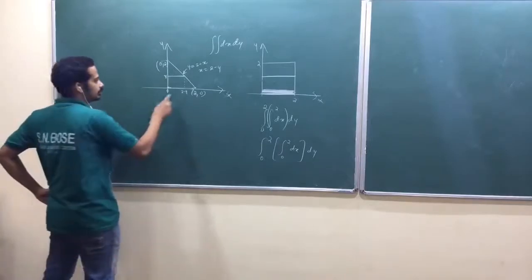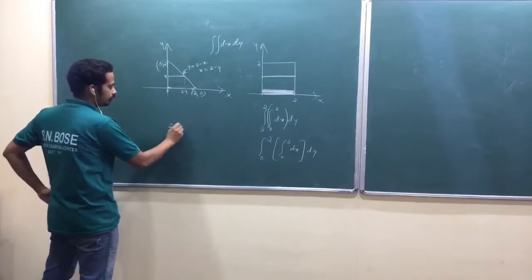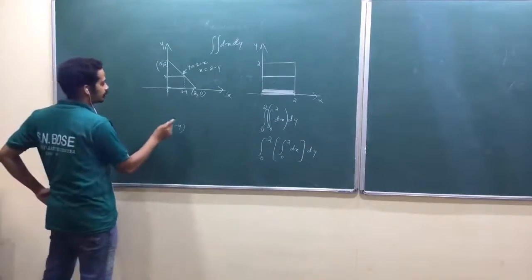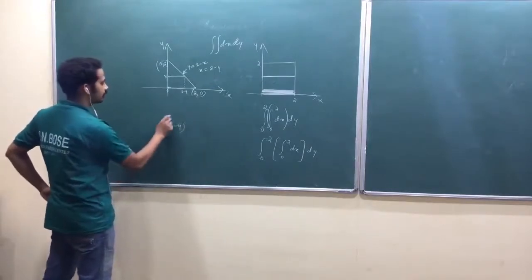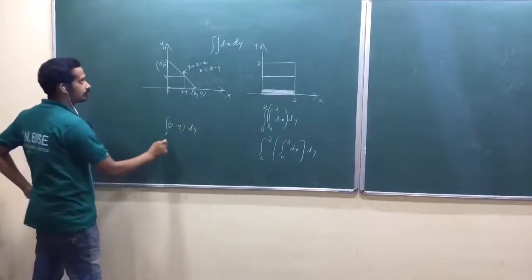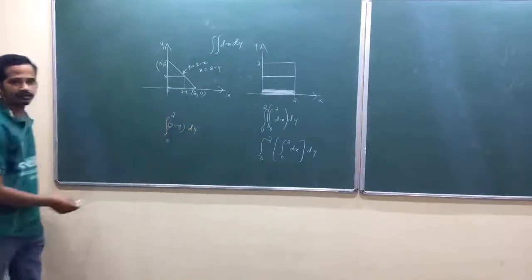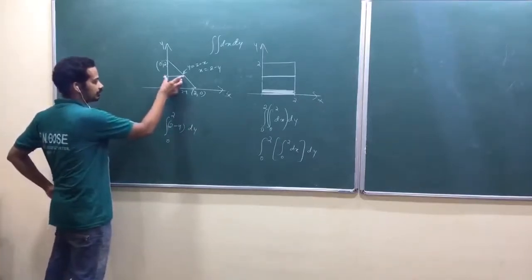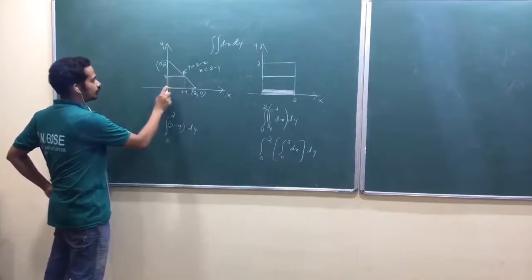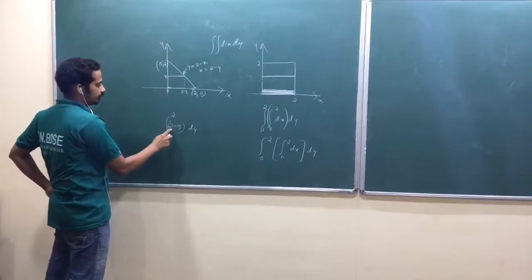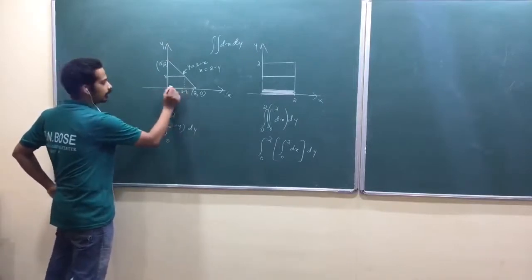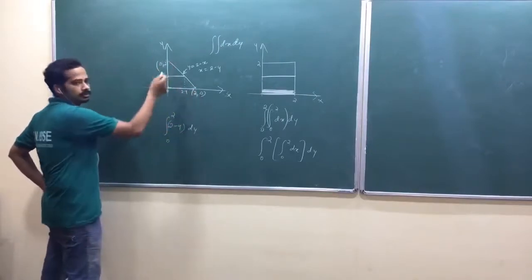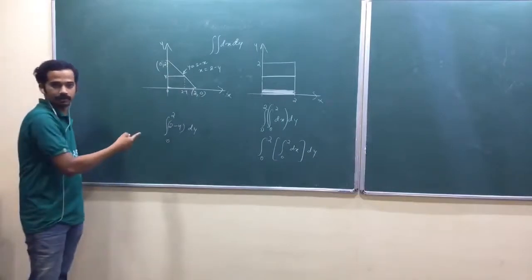Now what is that length? You can say that's 2 minus y. Am I right? So 2 minus y, look at here, 2 minus y. So now when you integrate this one with respect to dy from 0 to 2, you will get the answer. You will get the area. Are you getting my point? 2 minus y is the length of this one. Now look at here. When y equal to 0, this quantity is 2 here. Am I right? When you put y equal to 0, this line becomes this line. When you put y equal to 2, this line becomes 0. I mean, length of that line becomes 0. You got the area here, remember.